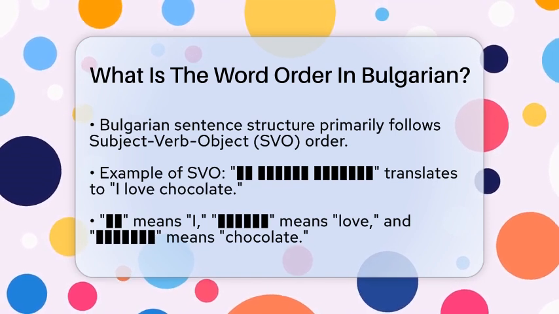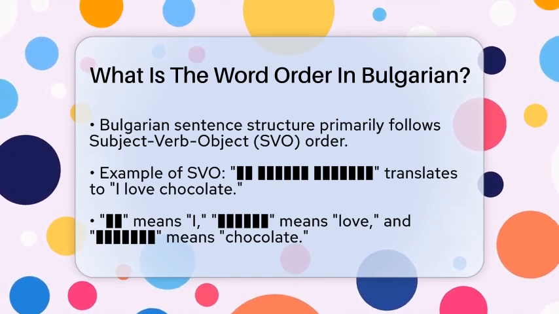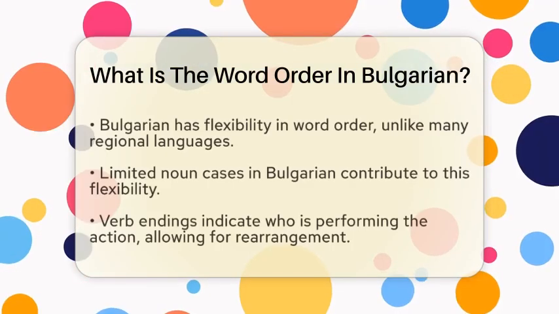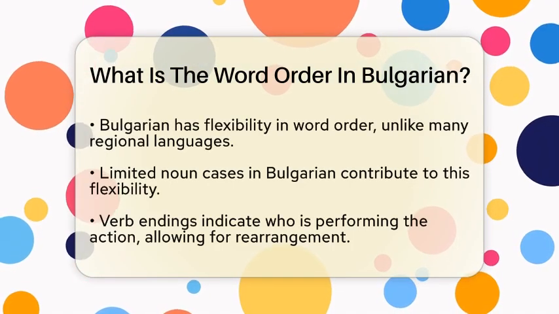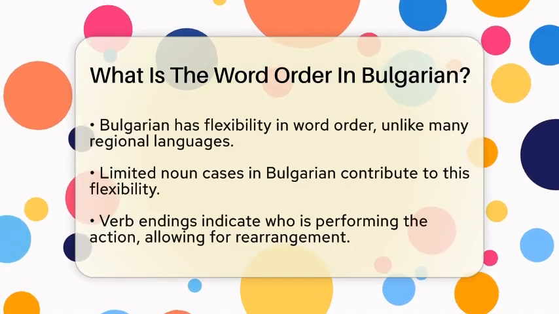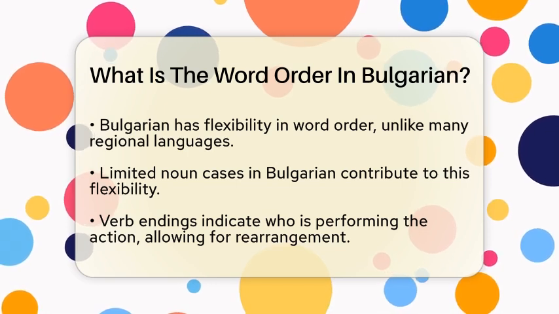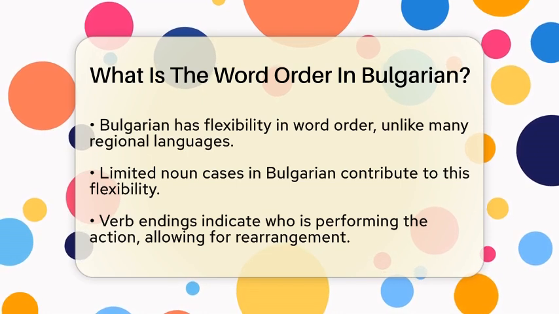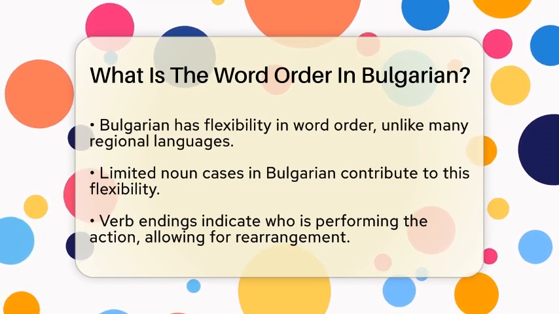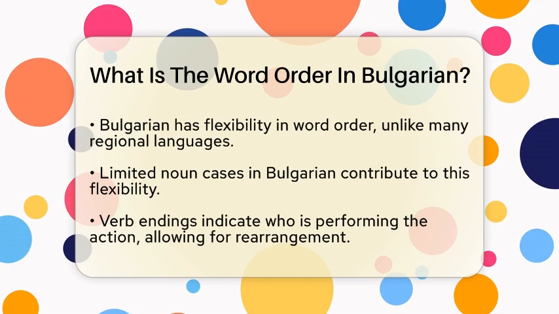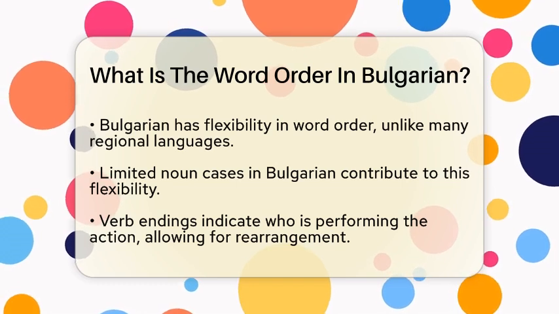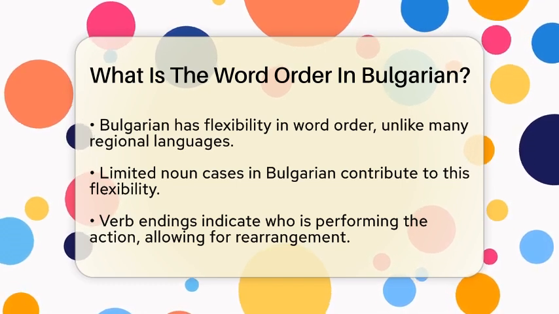What makes Bulgarian interesting is its flexibility in word order. Unlike many languages in the region that rely heavily on case endings to show the roles of words, Bulgarian has very few noun cases. Instead, it uses verb endings that change based on who is doing the action. This allows speakers to rearrange words for stylistic reasons or to emphasize certain parts of a sentence without altering the